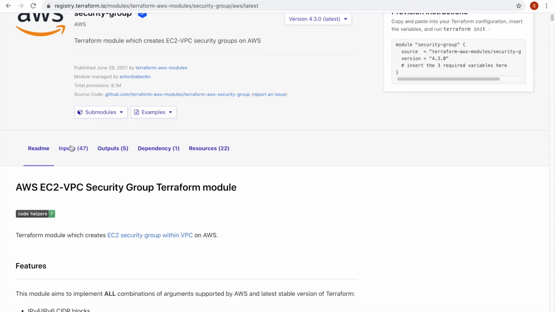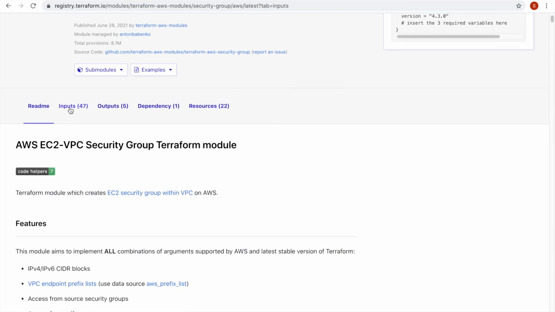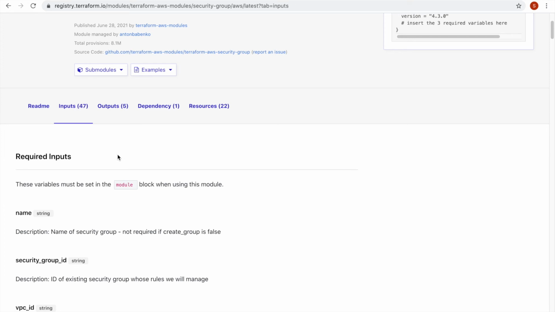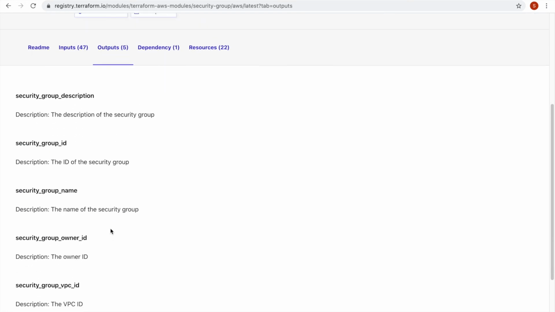All the Terraform modules that have this format should contain a proper readme file, and it should describe what inputs are required, which inputs are mandatory within that input category, and what outputs we can get from that module.